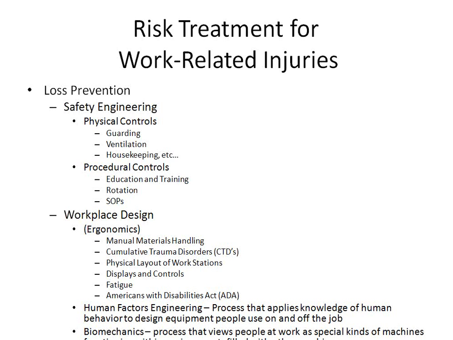Displays and controls. From workplace design, this part may not be so much ergonomics, but if you think about it, there's certain pieces of equipment where, in order to operate it, you have to use both hands pushing a button. The reason they do that is, if you only had one button, there's a possibility you might want to put your hand in the machinery as you're pushing it. So it's a way to make sure you don't stick body parts where they shouldn't be going. You also notice that controls are color-coded, so people don't press the wrong buttons. That actually has something to do with ergonomics, the displays and controls.